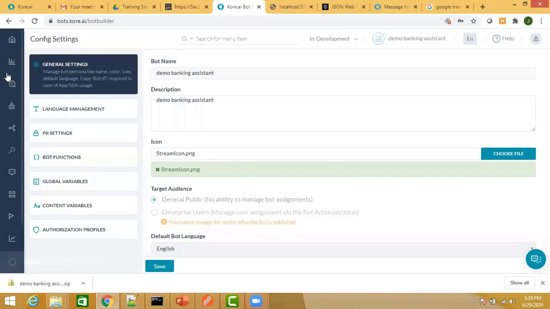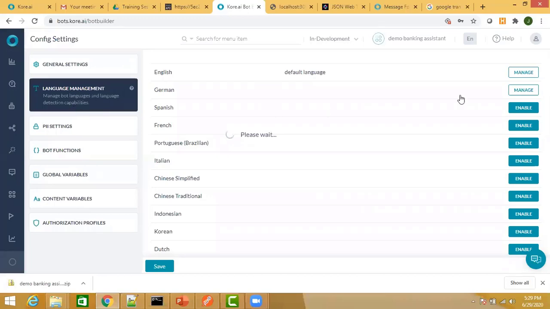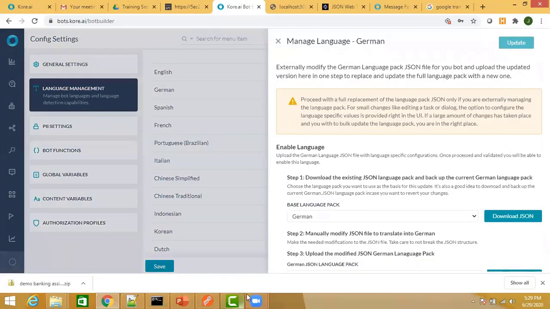Yeah, so if you want to do it in that way, you can go to the language management part. And when you are enabling a language, that is what I was showing you all over here, you can download the JSON file. Okay, so if you are enabling in Spanish, you have not defined content variables and all. Global variables are something that is for the API endpoint. It is irrespective of the language. Okay, so language comes into issue for the messages, prompts, for KG, for the NLP training. Okay, so those are the places where it matters.